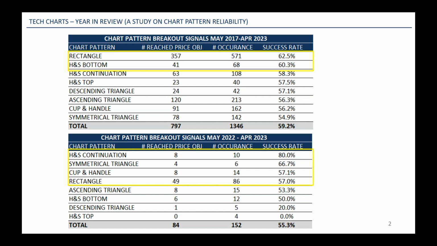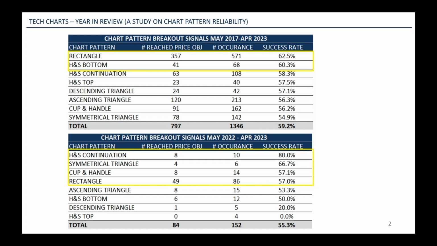Now you can see at the top of the list is the rectangle with its 62.5% success rate over a 6-year period, 571 occurrences, and out of those 357 reached their price objective, followed by the head and shoulder bottom,